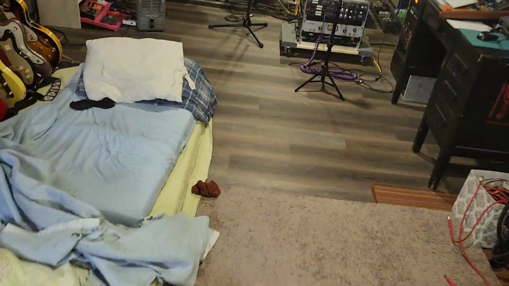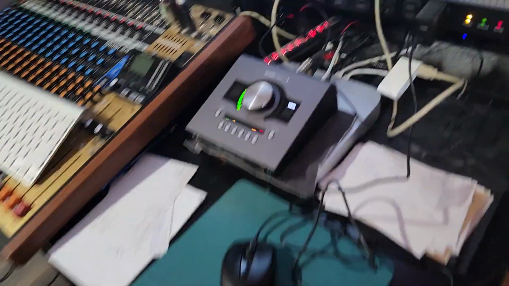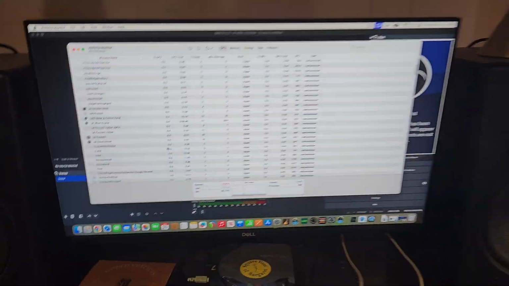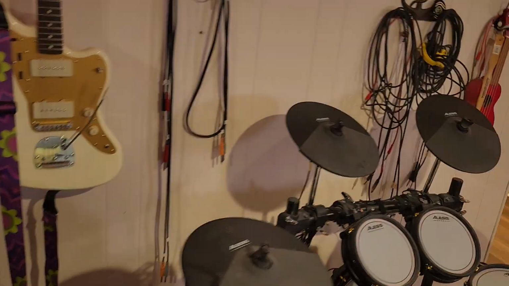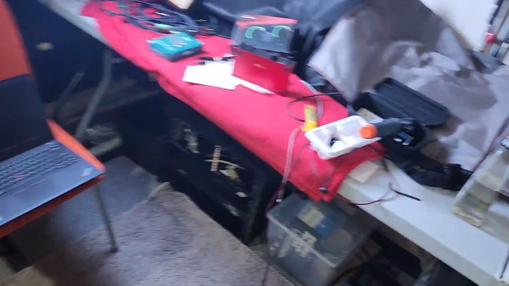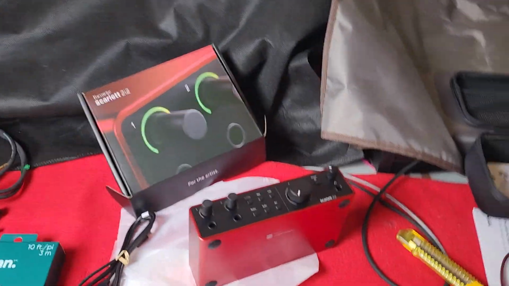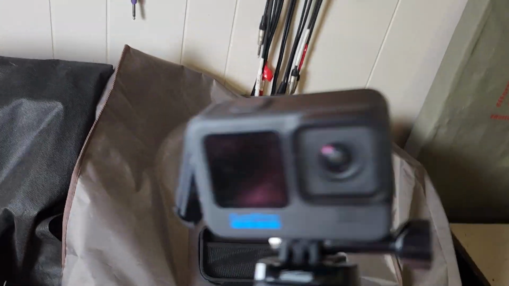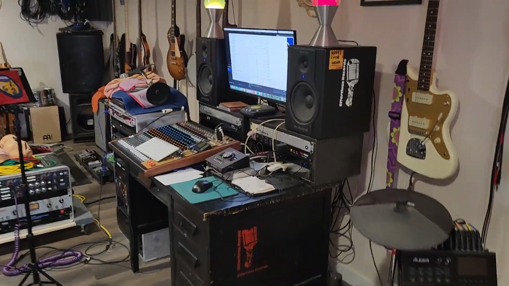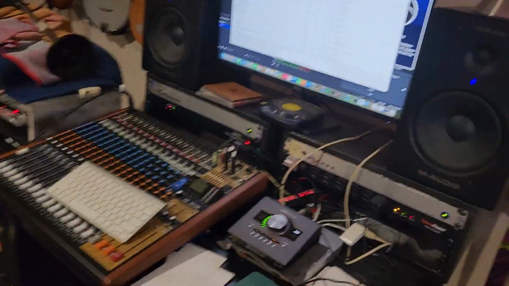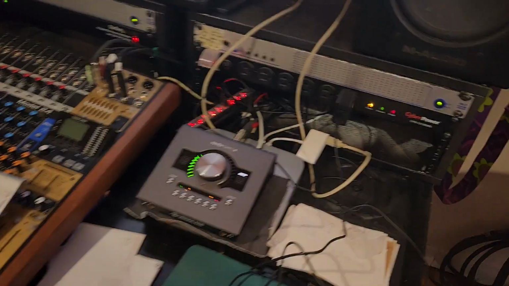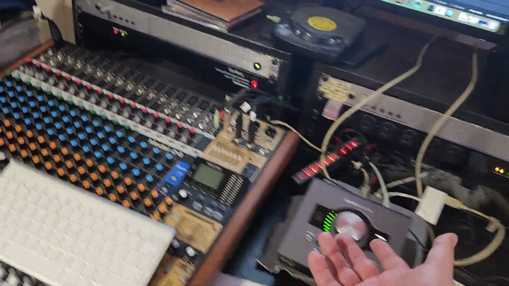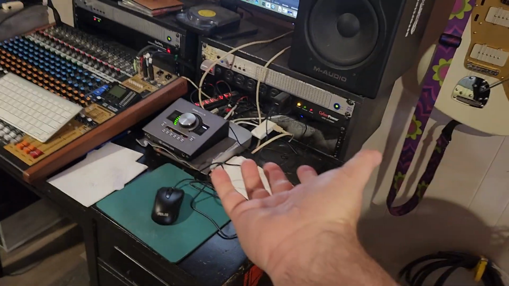Guys, have you struggled with any of this stuff? Have you struggled with the Apollo? Have you struggled with OBS on the Mac? Have you struggled getting nice audio into your phone? I think, I don't know, I think good times are coming my way. I know this GoPro Hero 10 is going to work better on this PC. It hates the Mac. And I get comments from you guys saying, Mac sucks, Mac sucks, Mac sucks. I'm like, I know, but I already bought it and I have it and it does some things good. But as we all know, for 20 years, we're all like, Mac's the best for music. Well, it has a ton of issues too.